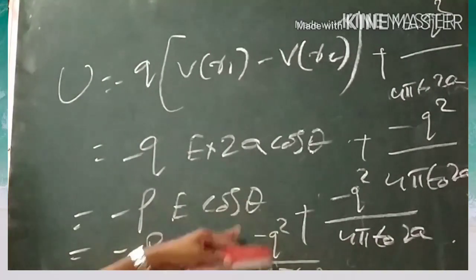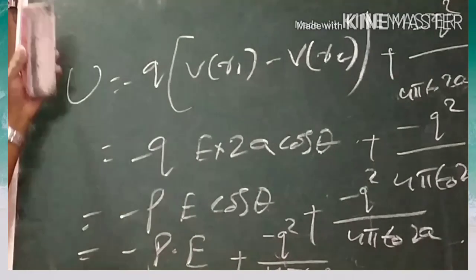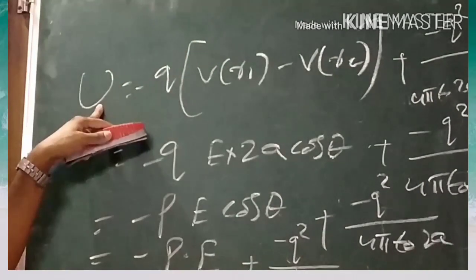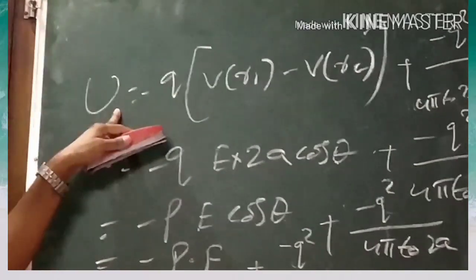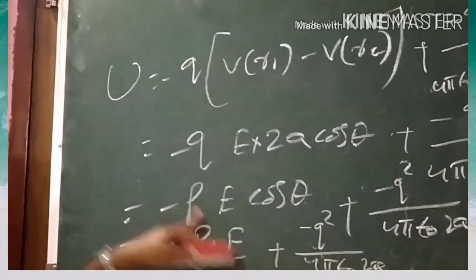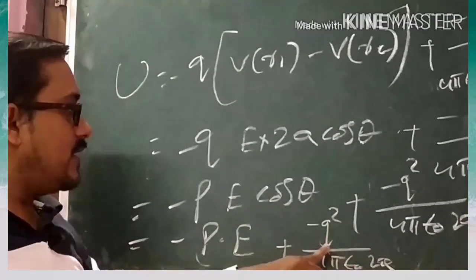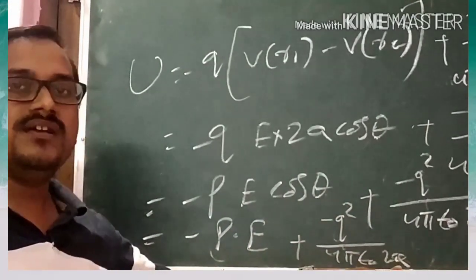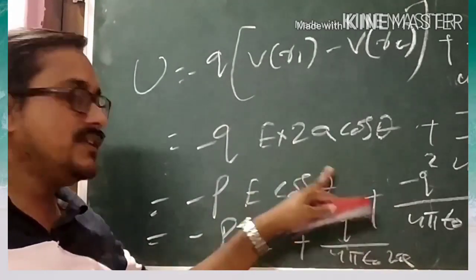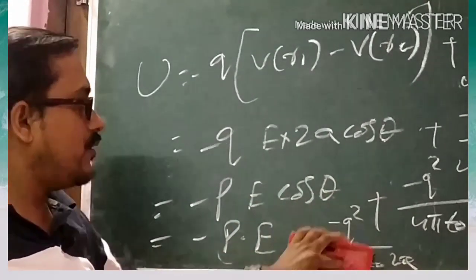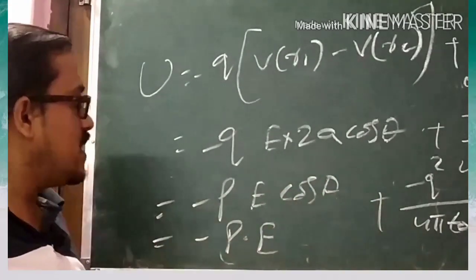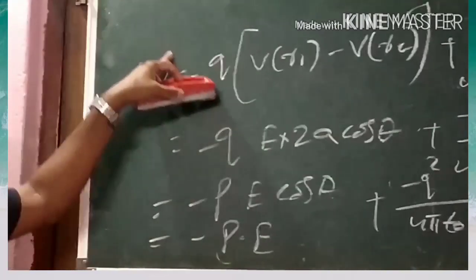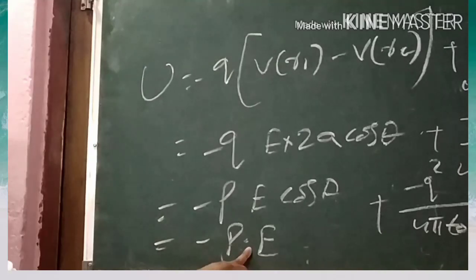In this case, the first term, as we know from the previous time when we were solving the potential energy due to the dipole, in method 1 we got that the potential energy will be equal to minus p dot E. In this case also, the potential energy is directly proportional. The second term is constant because Q is constant, a is constant. So for the potential energy, this is insignificant. That means we can neglect this term. So now by omitting it, we can write down this is minus p dot E. Okay. So this is the second method in which we can explain why the potential energy will be equal to minus p dot E.